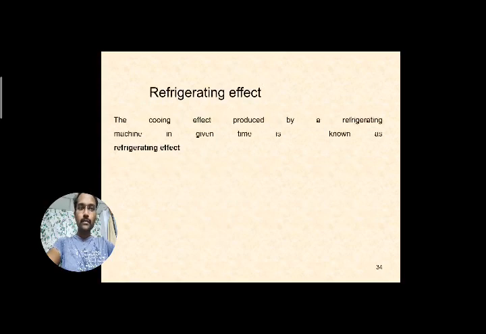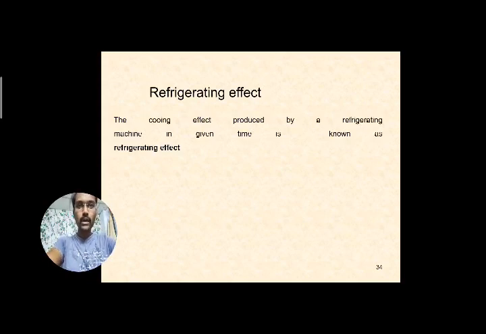So this is the difference between the heat pump and the refrigerator. In the heat pump, we are pumping the heat to the room, to the source, where the room gets heated. Whereas in the refrigerator, we use the sink portion, the lower temperature region, and more heat is abstracted or removed from it, maintaining very low temperatures in the sink part. That is the refrigerator.